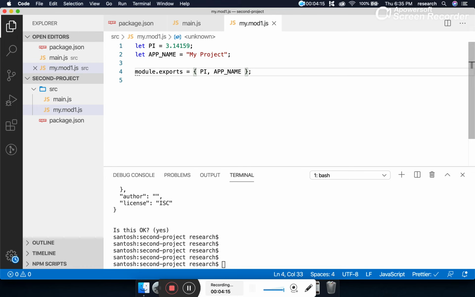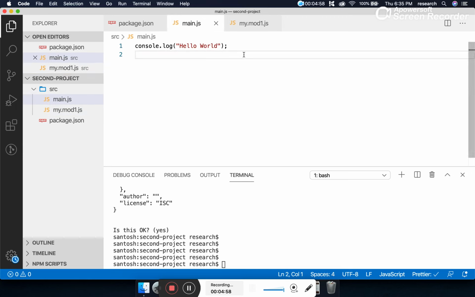And one more time, we have an option. We are not required to make everything public. Whatever we want to make public, let's suppose I want to make pi available to main.js, so I can do it like this. That's how we write exports. There is some other syntax also, but right now I don't want you to concentrate on that. It's a simple way here, pi. So now this pi variable will be available in main.js. But how do we access it in main.js? Here we are exporting.